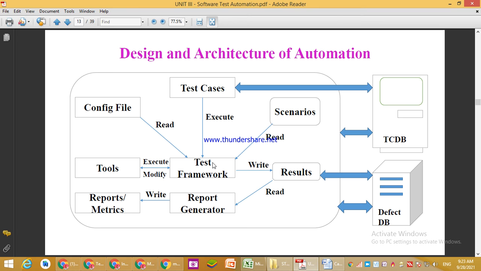When we choose, the test cases execute according to the test framework that we have chosen. Scenarios are bigger than test cases, right? It should be readable, and the parameter decided for that reading is what kind of test framework is there, right? If we have a figure like this, we have to read the things.